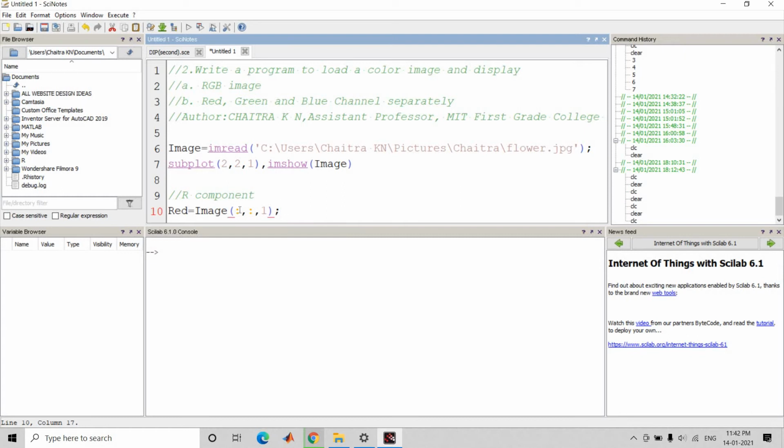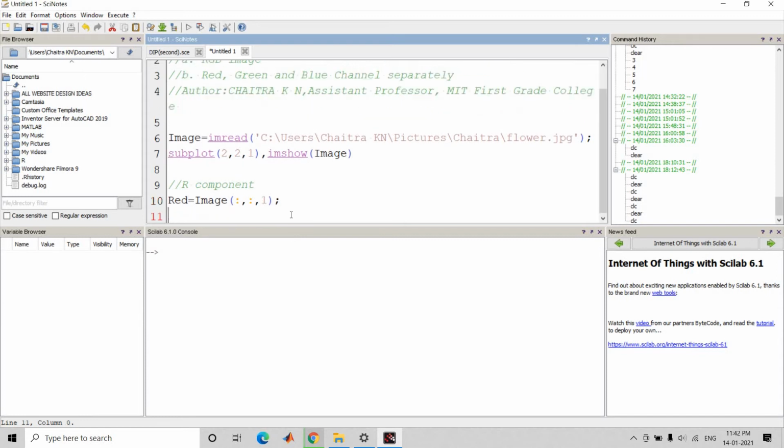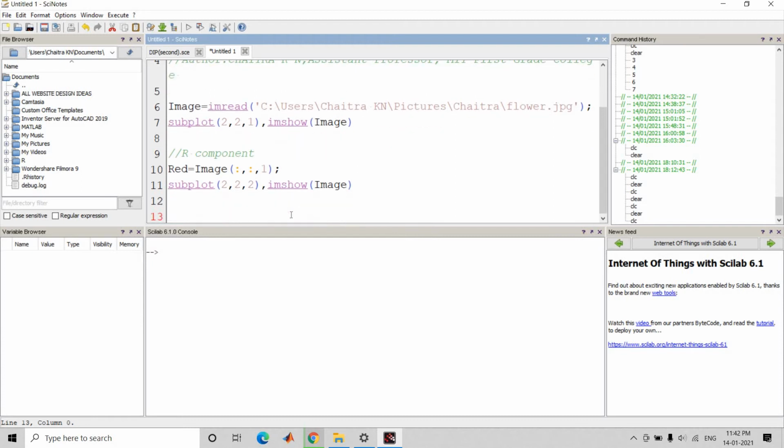The first parameter indicates all rows, all columns. 1 means the red component of this RGB image. After extracting, we have to display the image. So subplot of 2, 2, 2. Here we are displaying the image in the second block. So imshow of image. This will display the R component from the RGB image.